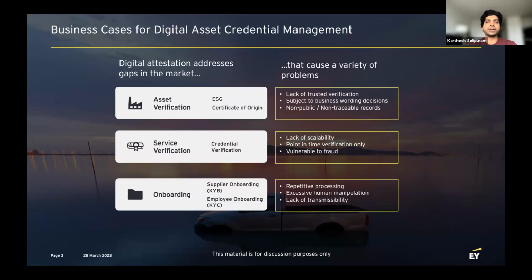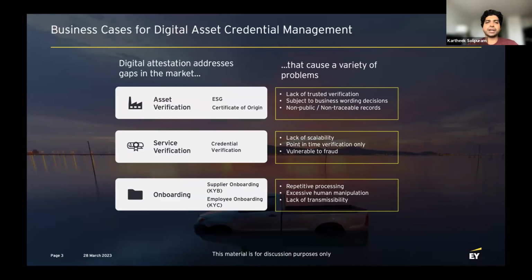We're just calling this a broader landscape of credential management, not just using DIDs, but also as it applies to different forms of identification or abstraction of credentials itself. Various market areas where digital attestation is required, and where the lack of it can cause problems, are in asset verification, particularly with ESG reporting and reporting on the accurate amount of carbon emissions, or even in a supply chain case, knowing where the goods or purchases originated,